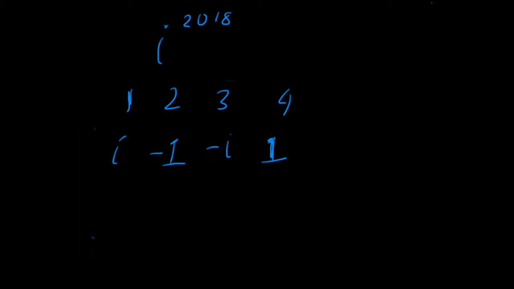Okay, so how are we going to use this to solve i to the 2018th? Our little cycle here means that every 4 is going to be 1. So the 4th one, the 8th one, the 12th one, the 16th, all the way up to any multiple of 4. So if it's i to a multiple of 4, it's going to be 1. We can use this rule to find out what i to the 2018 is by bringing this down to a